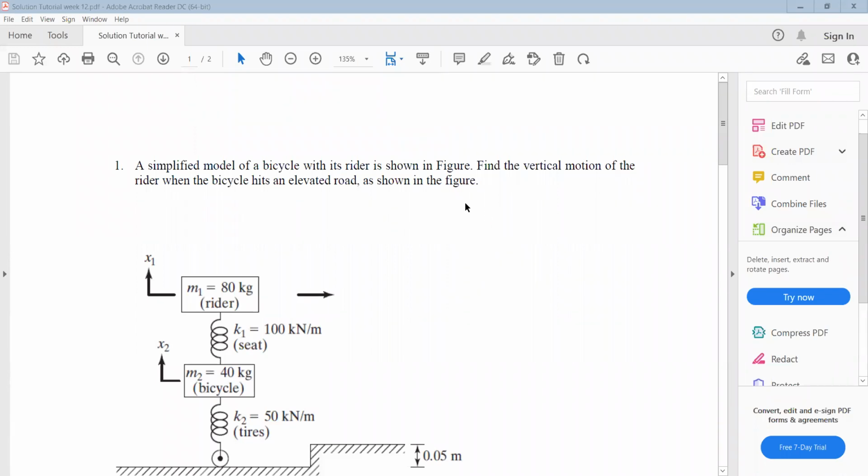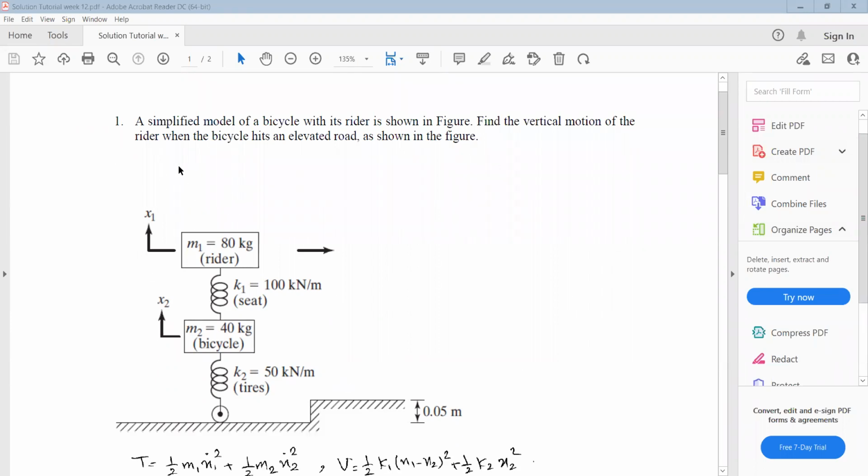There is only one problem for the tutorial this week. We have a system with 2 degrees of freedom, a simplified model of a bicycle with its rider is shown in this figure. Find the vertical motion of the rider when the bicycle hits an elevated road, as shown in the figure. Here, we have a system